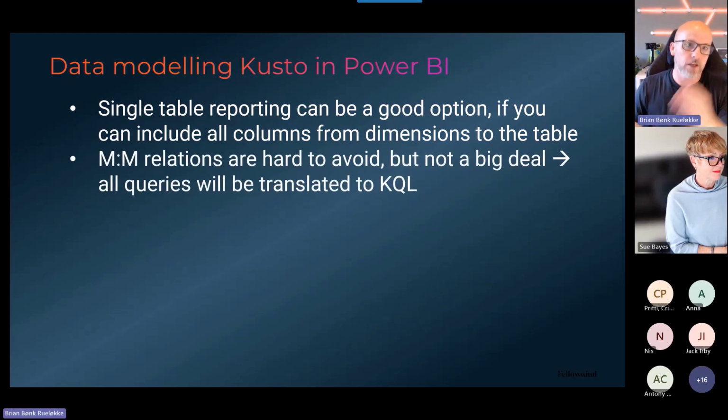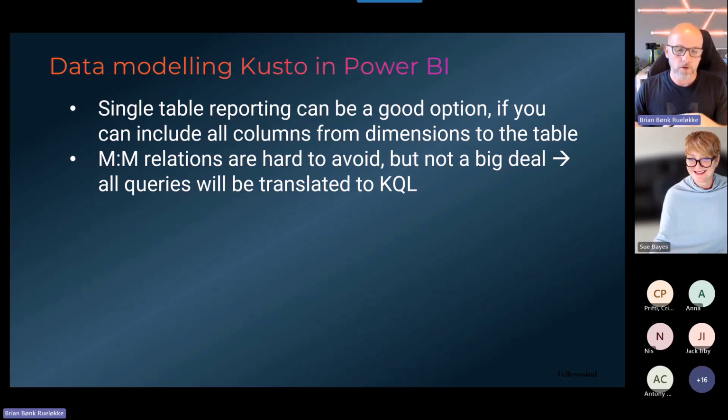If you really need to do a data model, then you can't get around many-to-many relationships, because I'll show you this in a minute. Power BI is only reading the metadata from the Kusto engine, and then it cannot distinctively select which column has unique rows and values. So it will just fall back to many-to-many. That's quite fine, because everything you are doing is being handled by the Kusto engine.